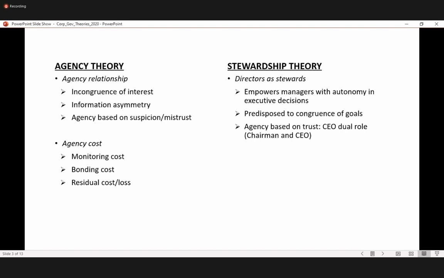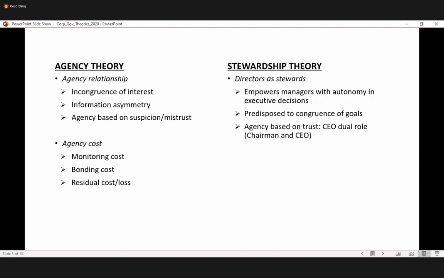Someone has been given a fiduciary duty, but then the theory postulates that in this kind of relationship, there is incongruence of interest. The interest of the agent is not aligned with that of the principal